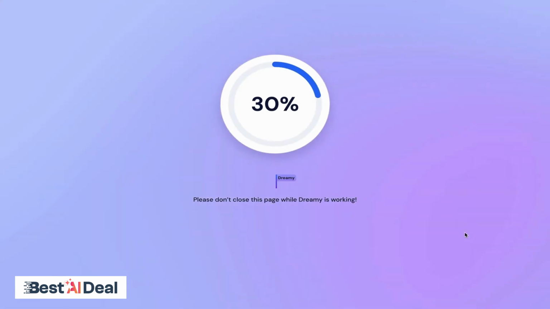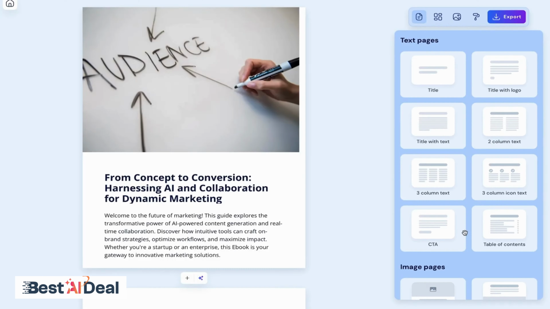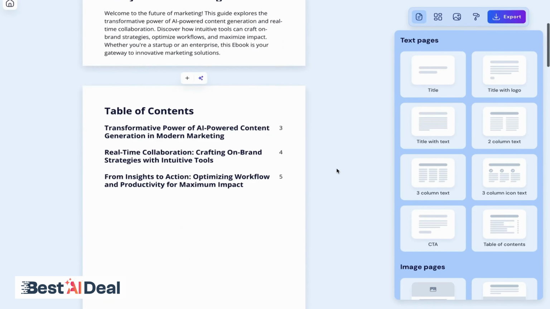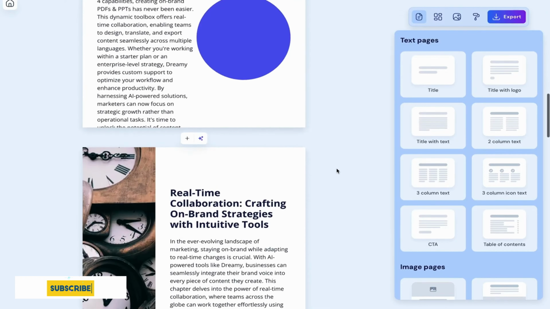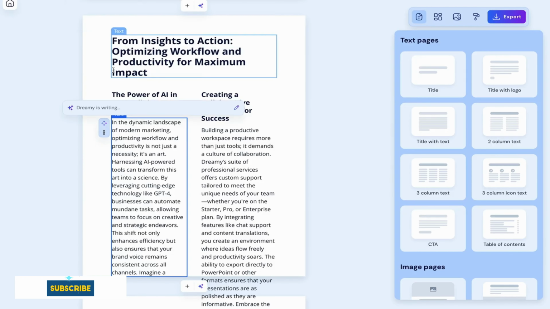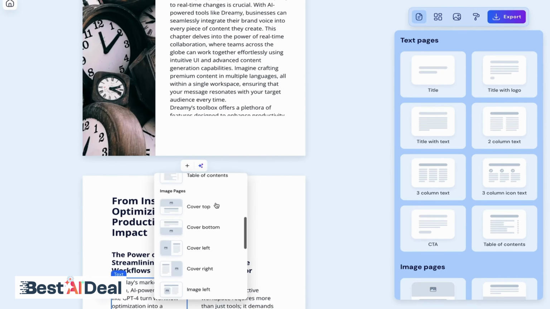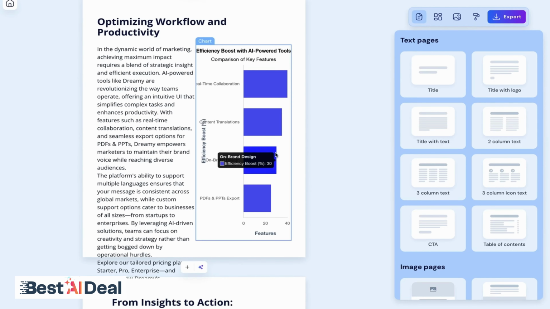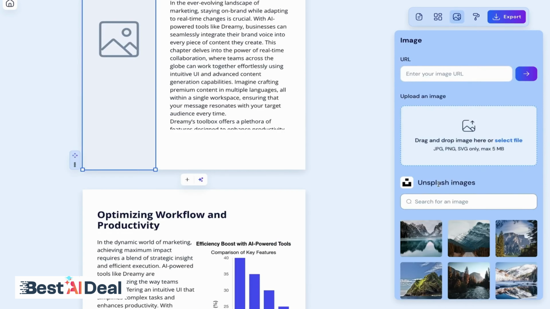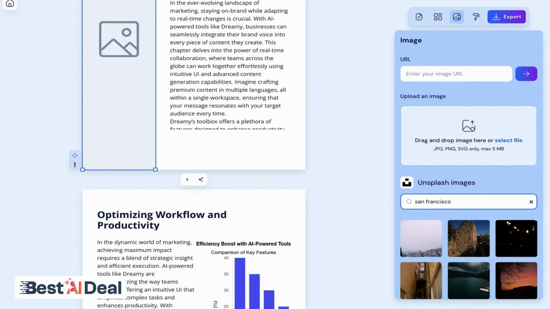And here's the cherry on top. You can collaborate with your team in real time. Edit, tweak, and finalize content together, then export everything in PDF or PPT format, ready to send or present. Simple, seamless, and efficient. With Dreamwriter, you can create sales and marketing materials that actually match your brand, without the